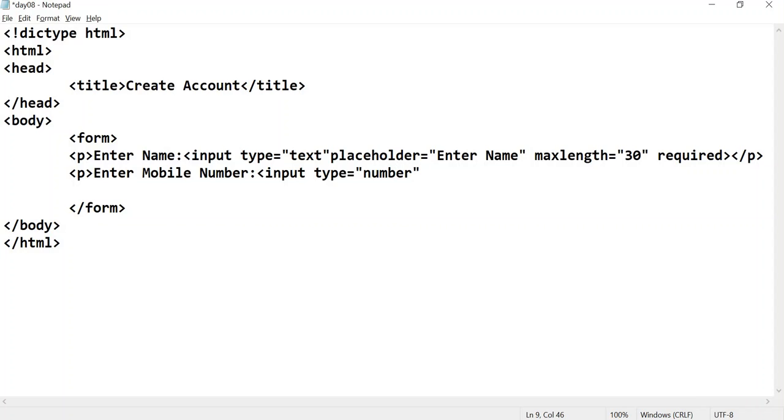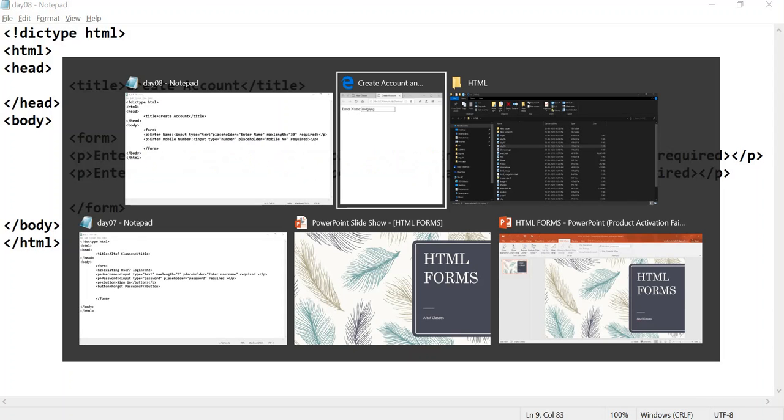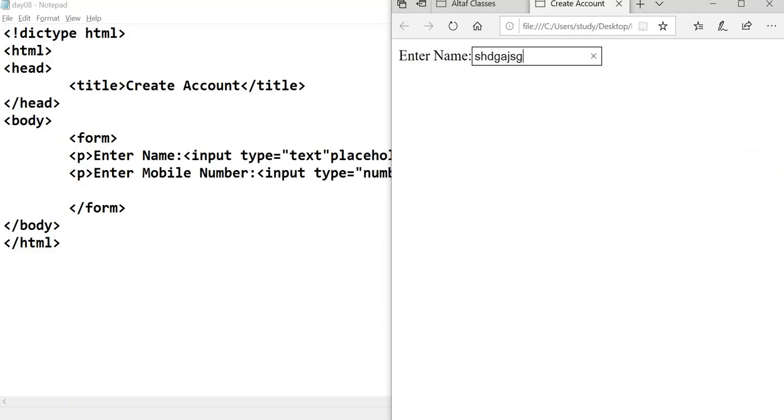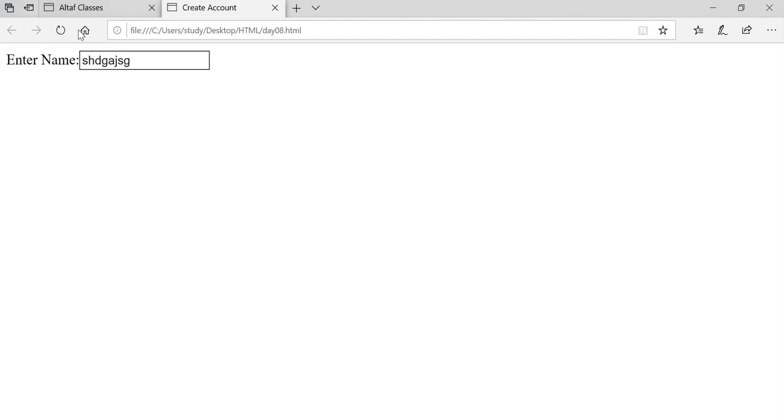Now I'm adding a placeholder also here, mobile number, and I'm also making this field required. This is a closing tag, and then the closing paragraph tag. Save this one. Open this one in full screen. When I refresh, you can see enter name, enter mobile number.